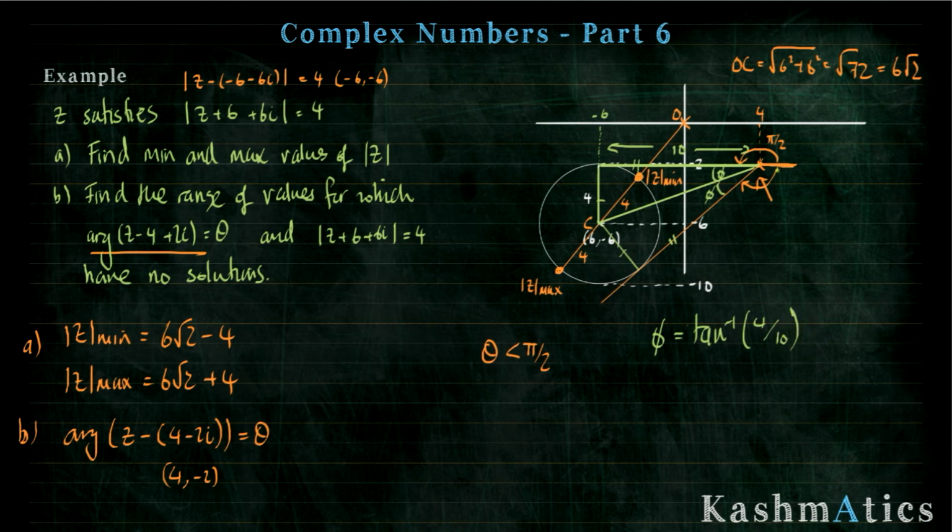So from here to here is minus pi radians. So what I need to do is minus pi radians plus 2 of these angles here. Okay, so it'll be minus pi plus 2 times the inverse tan of 2/5. Remember 4/10 is 2/5. So minus pi plus 2 times the inverse tan of 2/5, and that gives me theta equals